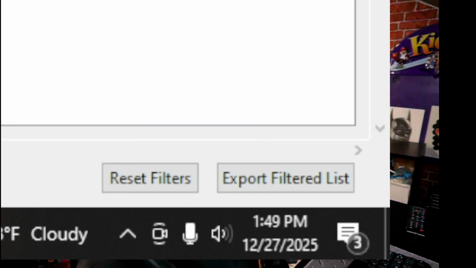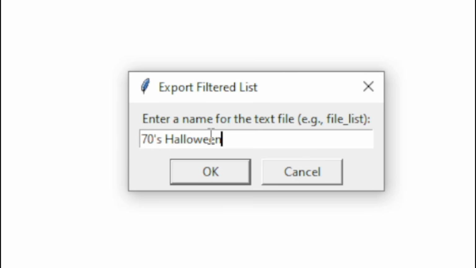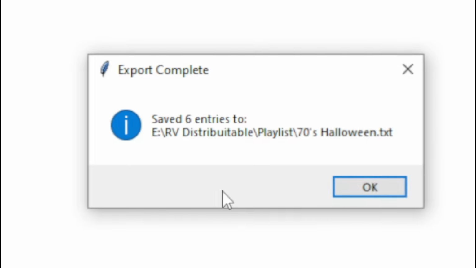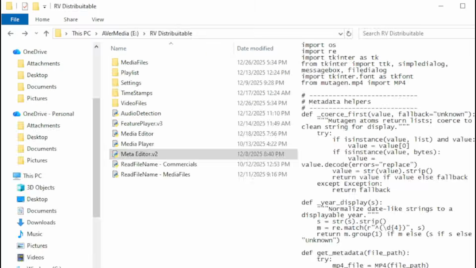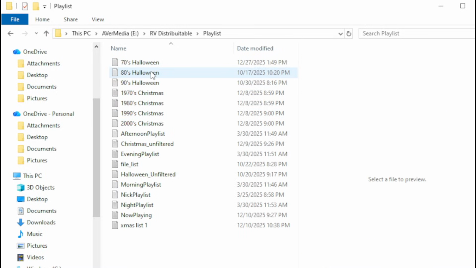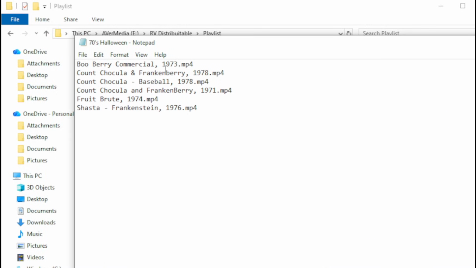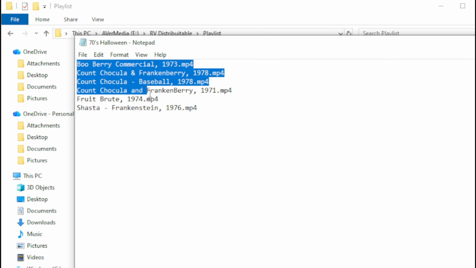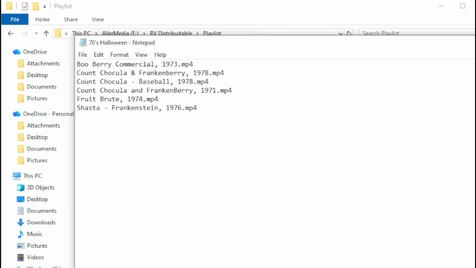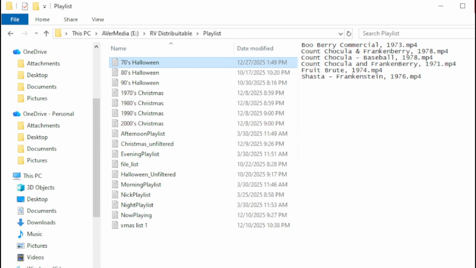If I go to the export filter list on the bottom, I can create a playlist name and export it to the playlist folder. So now if I go within the playlist folder, I'll see a text file of my playlist that I just created. When the program has this 70s Halloween playlist selected, it will read the file names from the text file